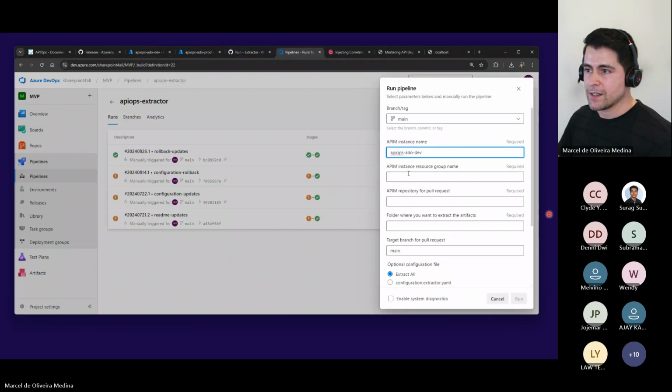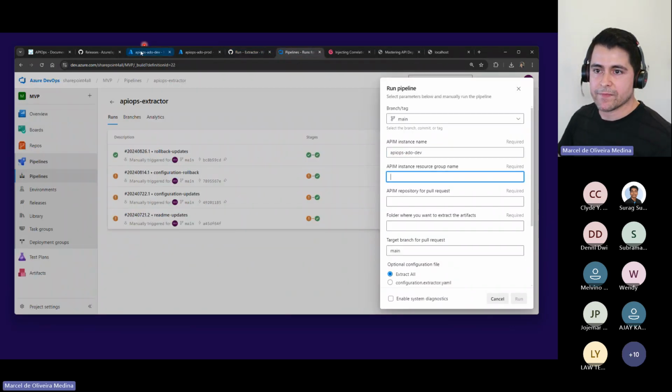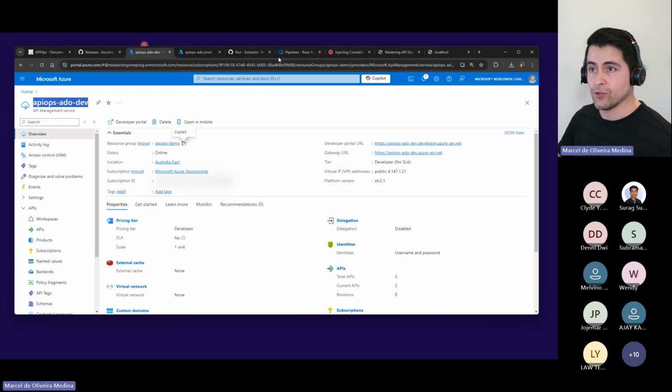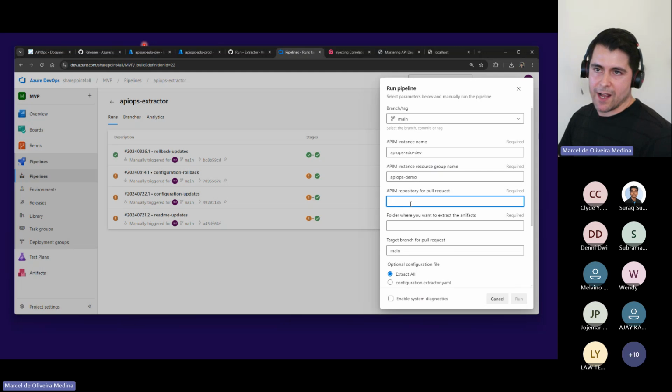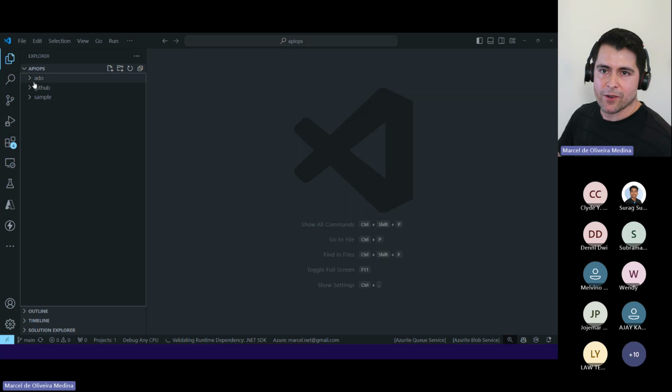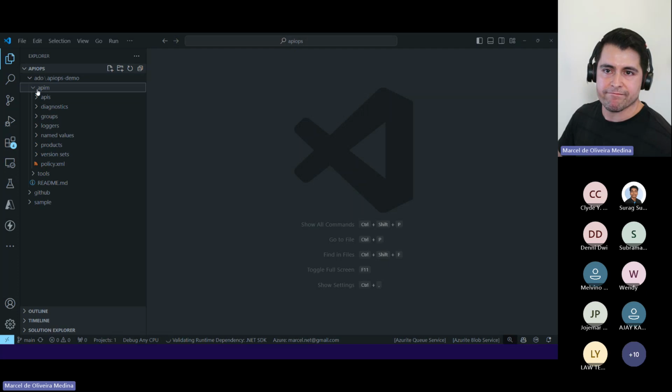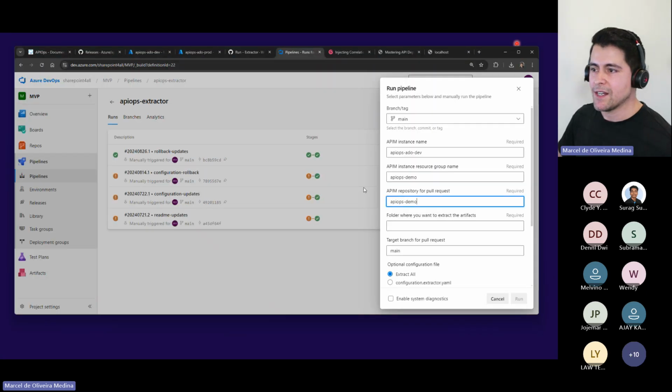Okay. What's the resource name? The resource group name is this one. I have created my repository using the same sort of naming here. And as you could notice, what's the folder that contains my resources? If you remember, I was under the web, but I have my repository in here. It's called APIN, right? So APIN is the one that contains the artifact.